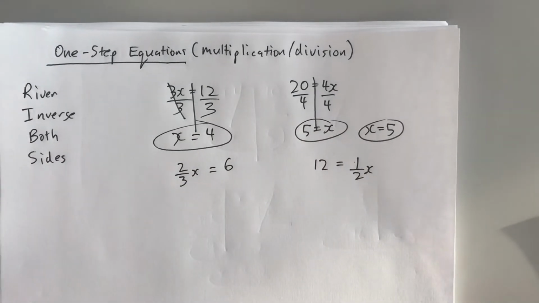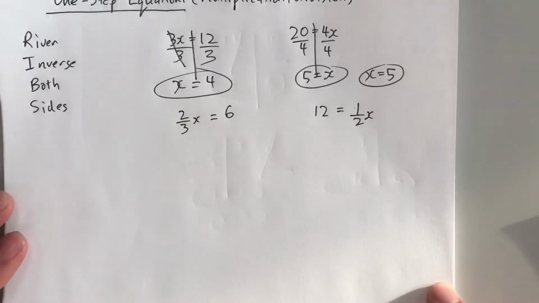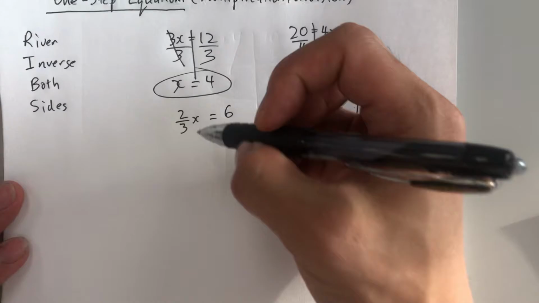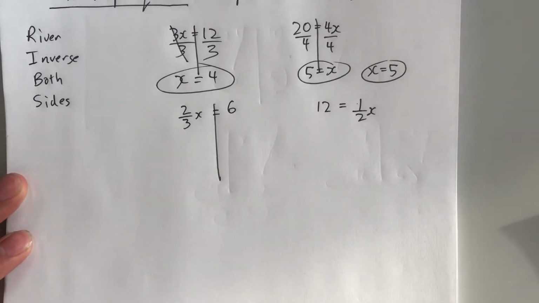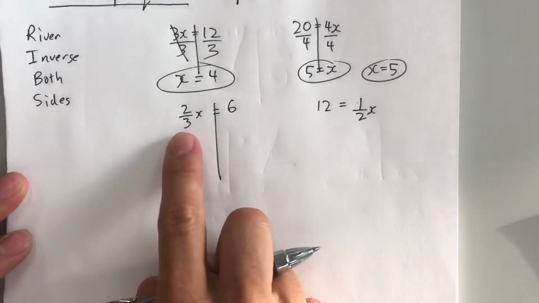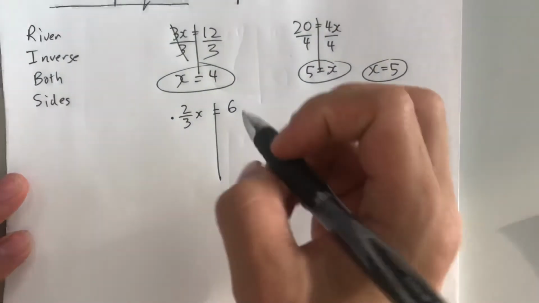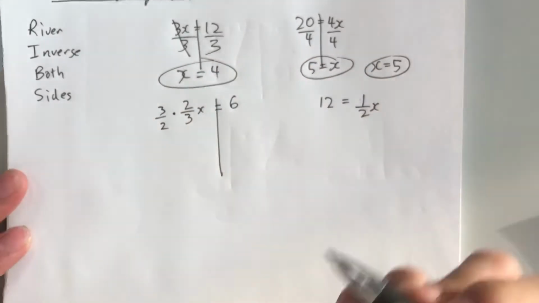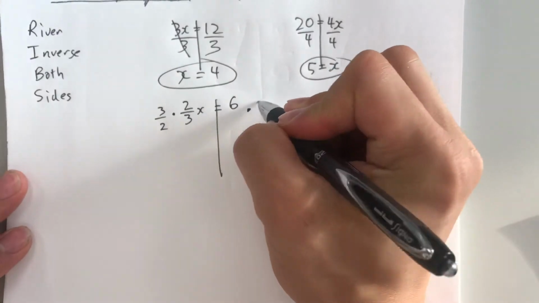Okay, with regards to this, it is division right now, right? So what's the inverse of division? Well, after the river, the inverse of division, especially for fractional equations like this, is multiplication. In order to make this 2/3 disappear, I'm going to multiply both sides by the reciprocal, or also known as the reflipical, right? So 3 over 2, and what I do to one side, I always do to the other,